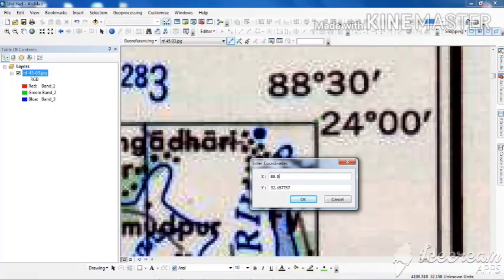Now why am I putting 88.5? Basically I am doing this in decimal degrees, hence I am putting 88.5, while in the Y I am putting 24.00.